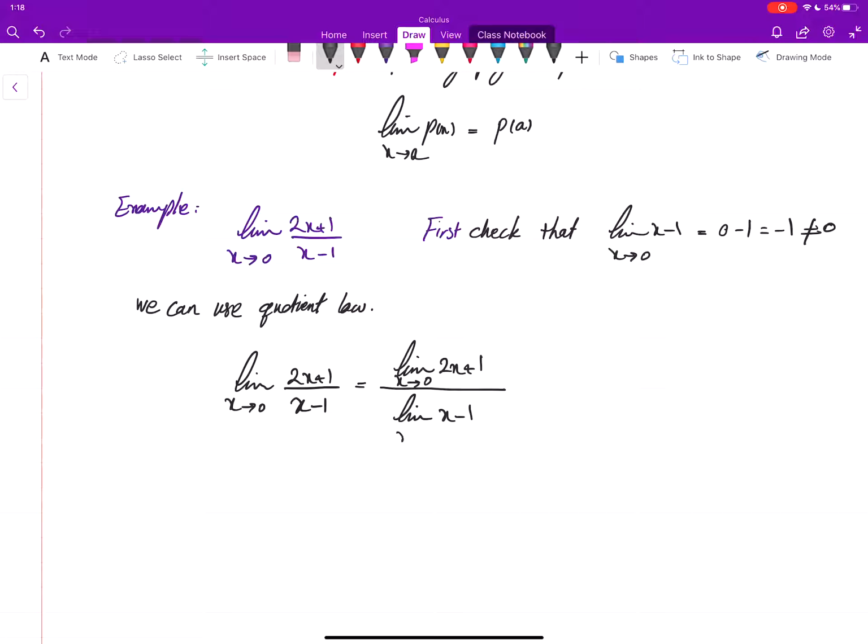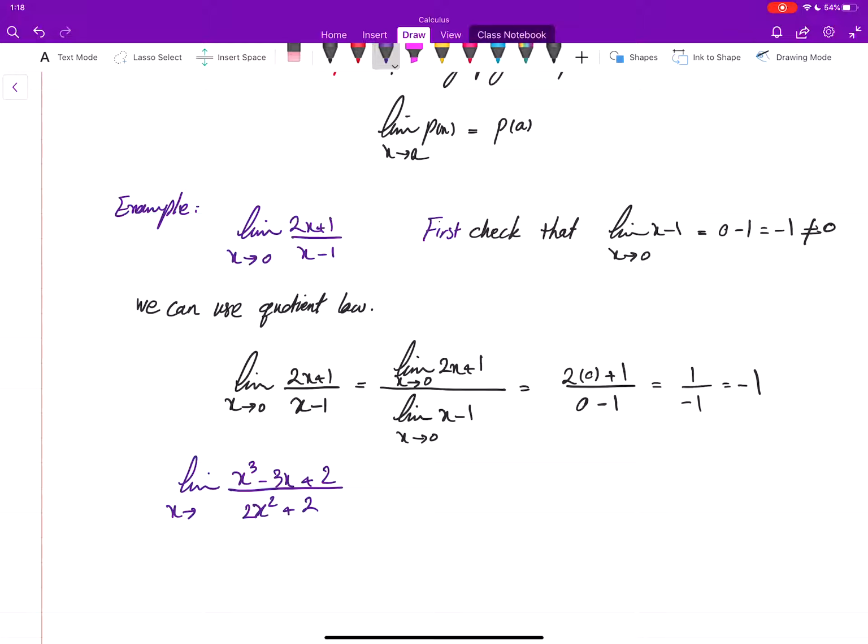All of these are polynomials, so by the substitution property, we can just plug in the value there, and that will give us 1 over negative 1. That's negative 1. One more example: the limit of x cubed minus 3x plus 2 over x squared plus 2 as x